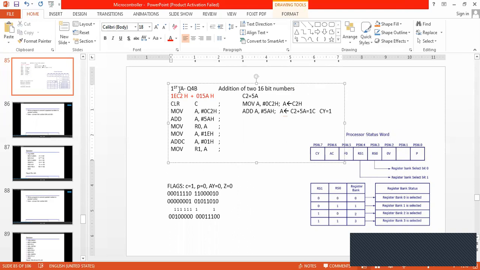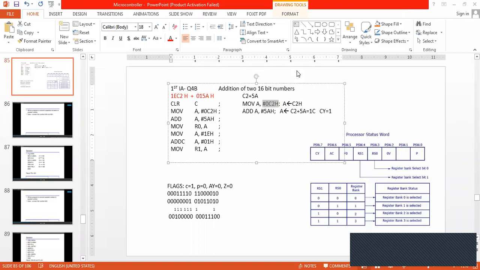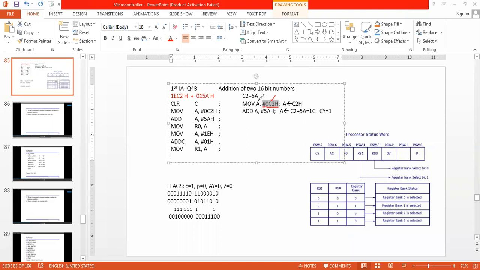Any reply? Not understood? What have you not understood? Okay, fine. I am repeating it. MOV A, hash 0C2H. Here C2 is the immediate value, the data which is stored into the A register.